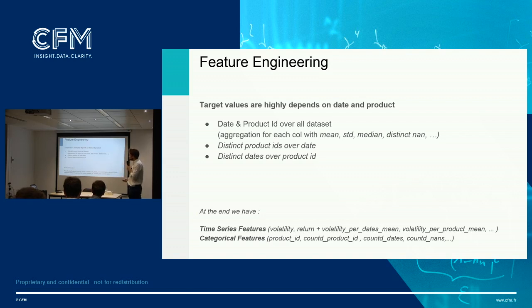And I also calculated, just for my categorical features, the distinct product IDs over the date and the distinct dates over the product ID, because it was not always the same: over the same dates there were not always the same product IDs, and some product IDs were not in all the same dates. So at the end we have a lot of features,